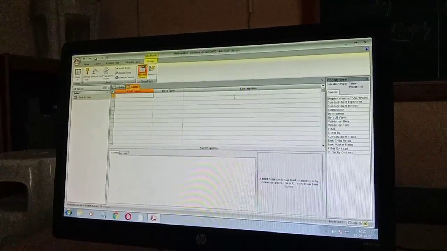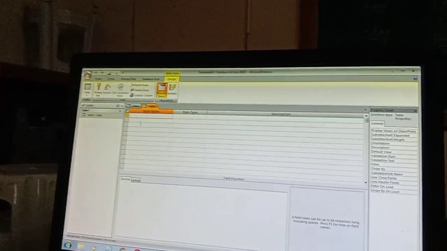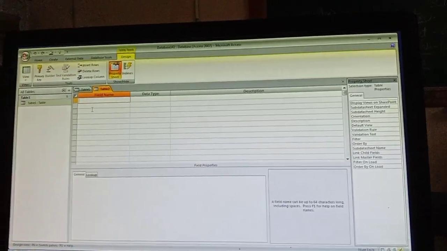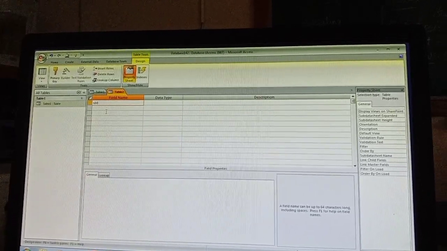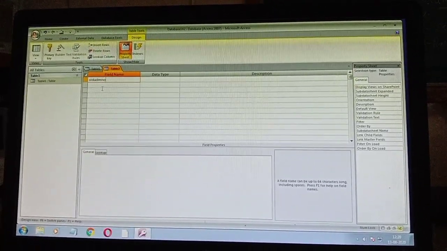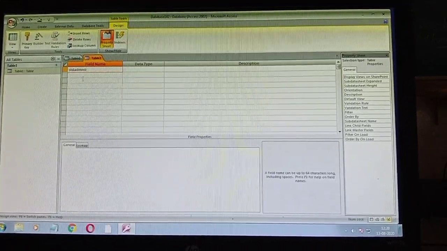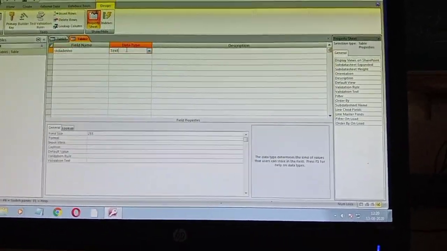Primary key is used to uniquely identify the record. So, the first thing I would like to take is the student admission number. That should be a unique key. That means the data should not be repeated.